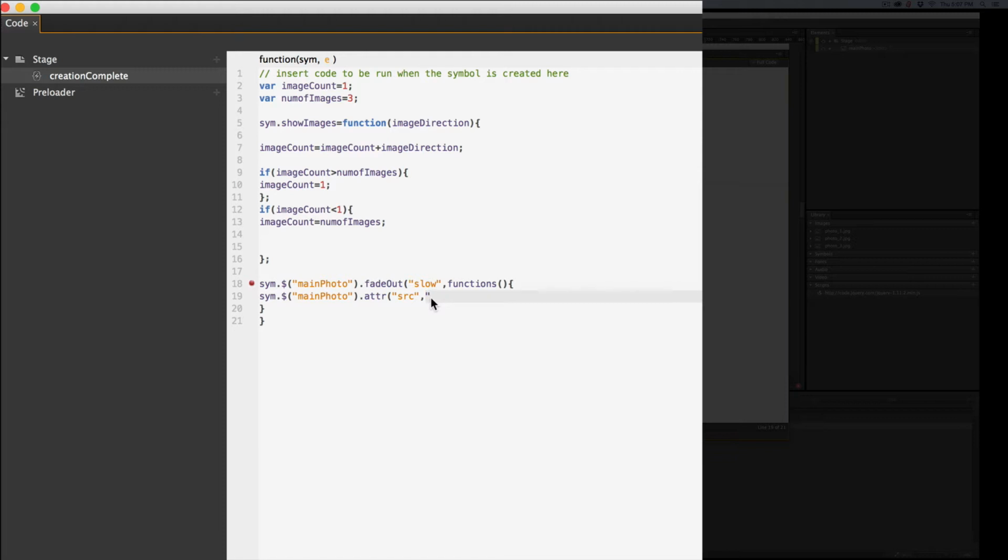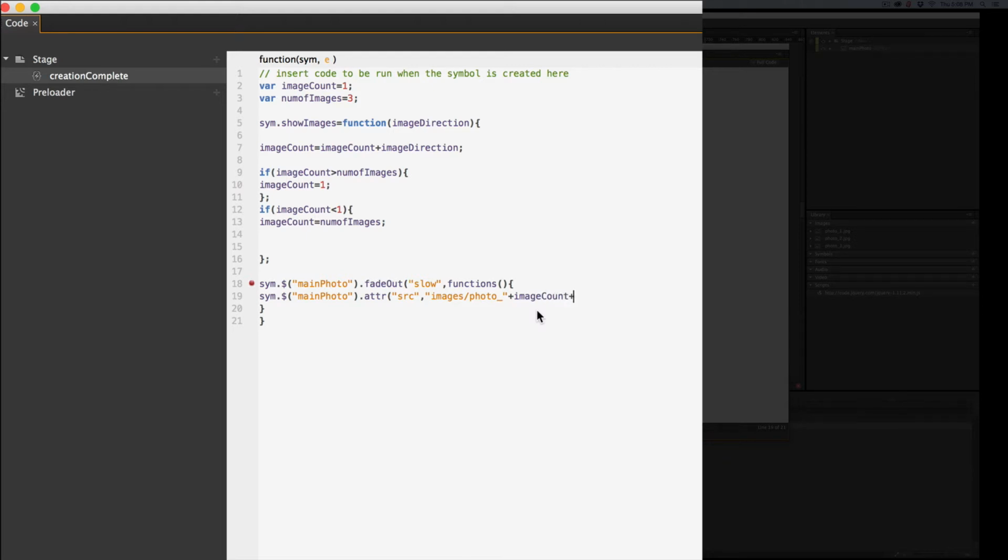And we're going to look at, so where are those pictures? Well, they're over here in a folder named images, so we'll type images. And it's a folder, but inside the folder we have something called photo underscore. Remember, we named them all photo underscore and a number, right? Close quotes. Now, we're not going to add a number because we want that to happen dynamically. So the number we want is the image count, which we counted up here. So the way we add a variable is we go plus sign, image count, because it's a variable,